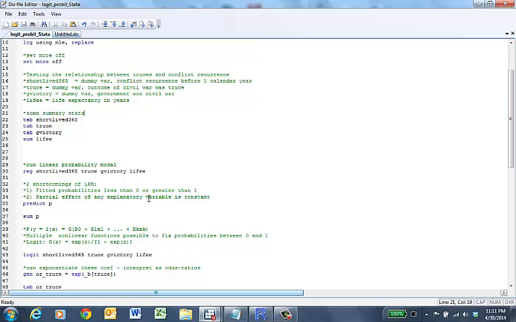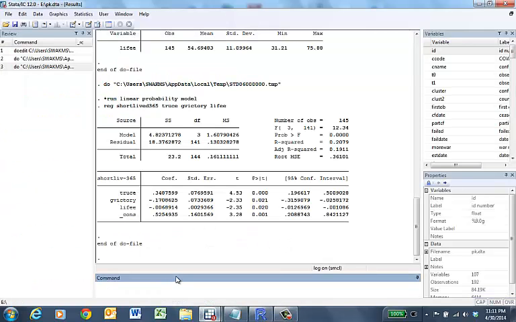So our dependent variable is binary. We're going to begin by running a linear probability model. So the coefficients are probabilities. We can see right off the bat that each of these variables is statistically significant at over a 95% confidence level. So the Civil War ending in a truce